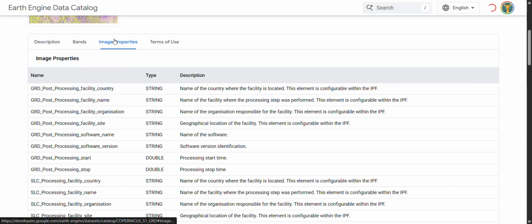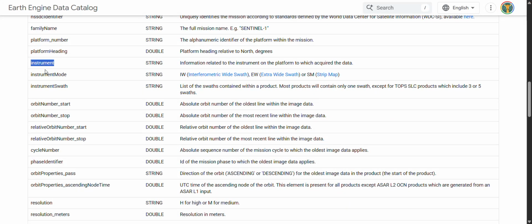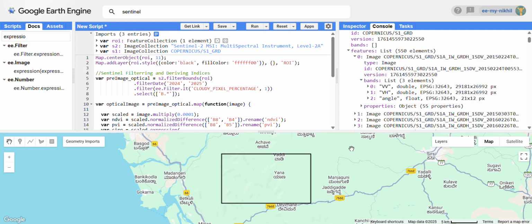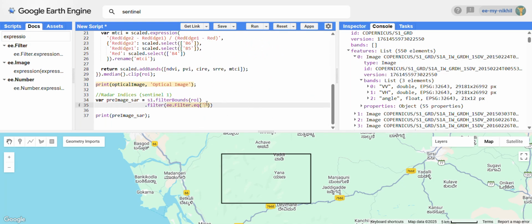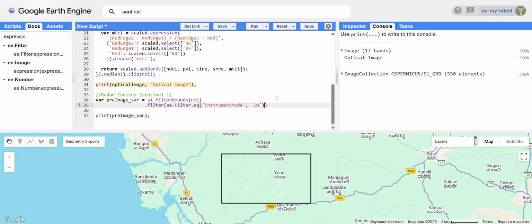You can expand it in different properties. The first one is the instrument mode. You just copy this and paste it in here. My instrument mode should be equal to IW. Now you click on run. Earlier we had 550 elements, and now we also have 550 elements only,